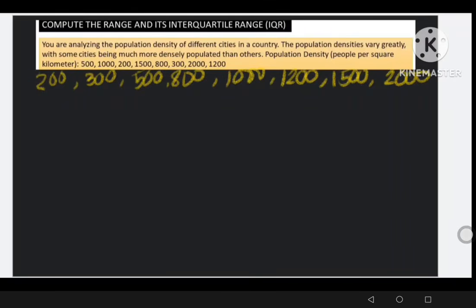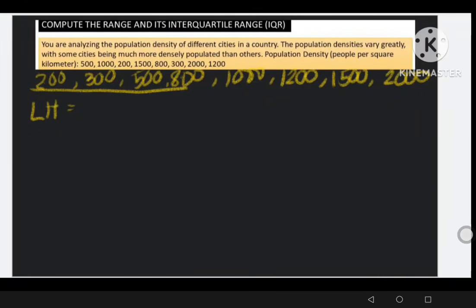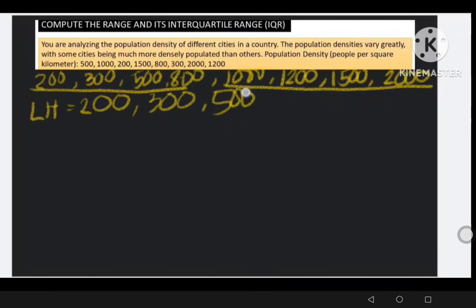So again, step number 2, we're going to divide it into a lower half and upper half. So LH is the lower half. We have here lower, small, 1, 2, 3, 4. Four of them, and this is our upper half here, also four. So we have 200 as our lower half, 300, 500, and 800. Our upper half,